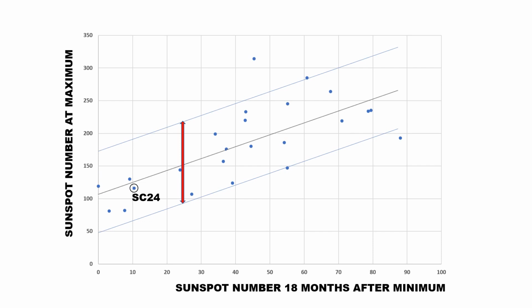Well, it's here at the moment. And you can see that it is consistent with a solar cycle of about 150, but there's fairly large uncertainties there, plus or minus 60. Here is my estimate of 165 based on other factors, and you can see it's at least consistent with that